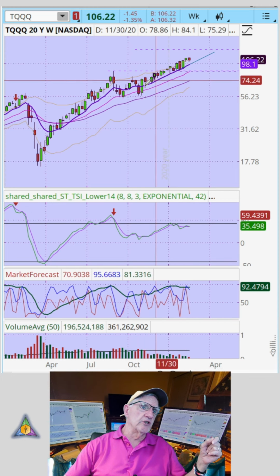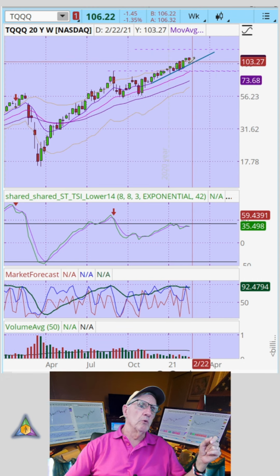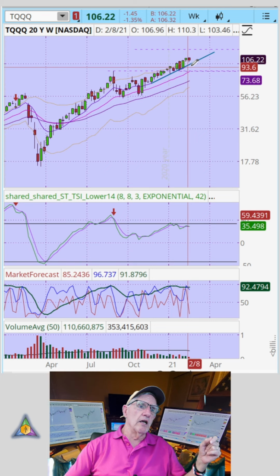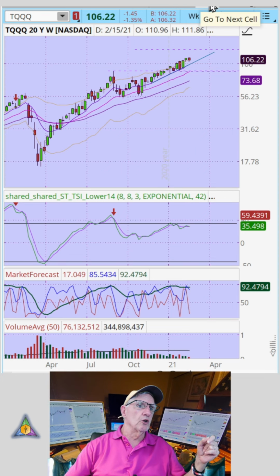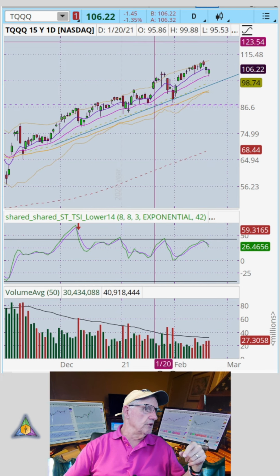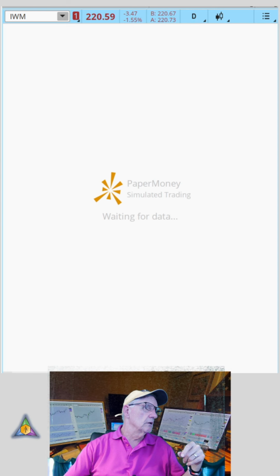Now realize we do have a nice strong trend line heading up. We take out that trend line, and close below it, that could give us a clue that, hey, we're going to get some more pullback going into the near future. So the next one we want to take a look at is,